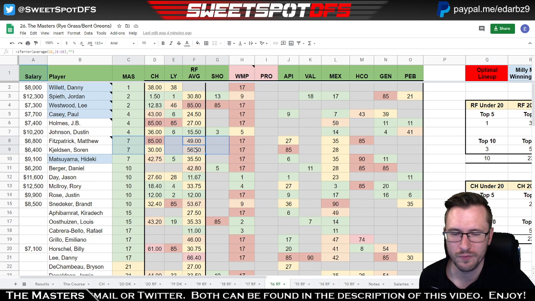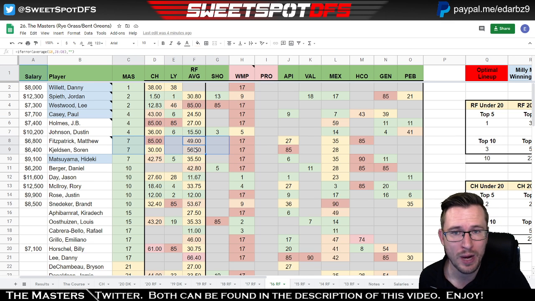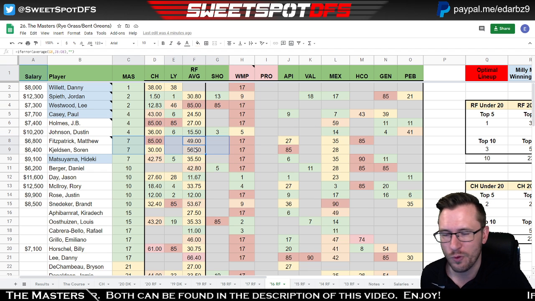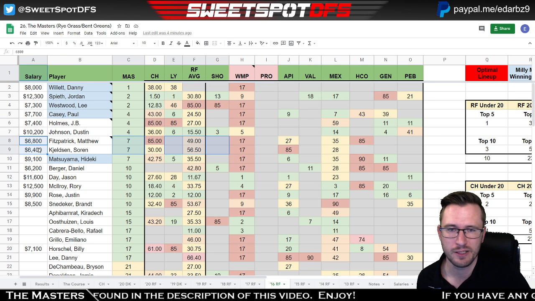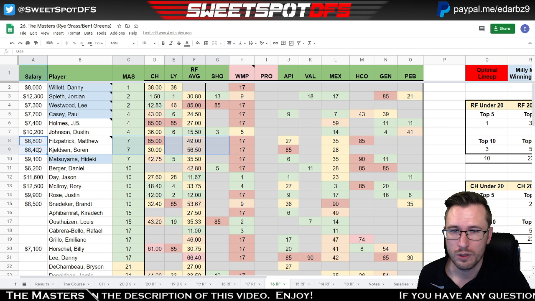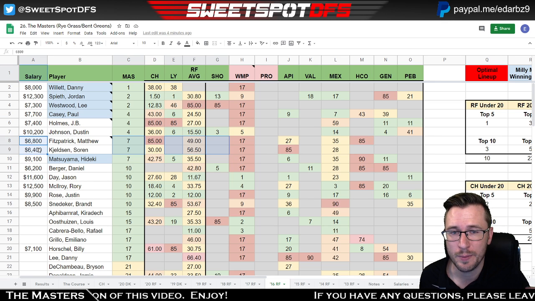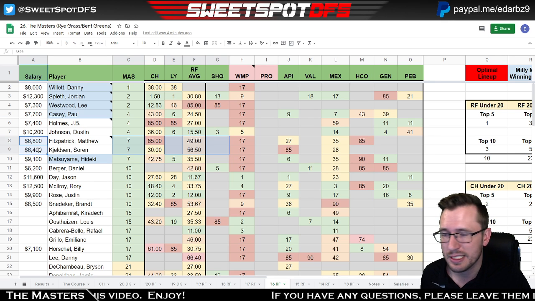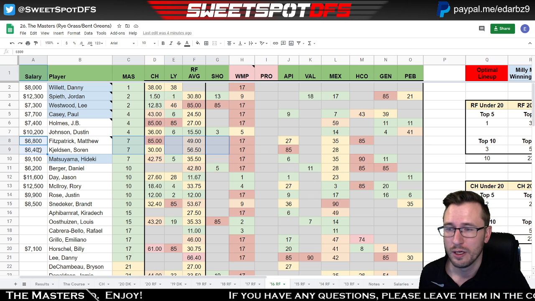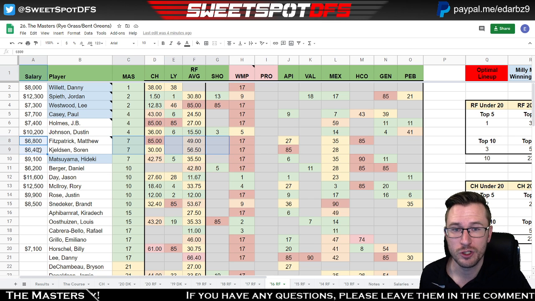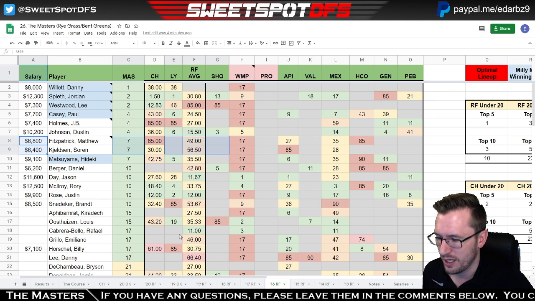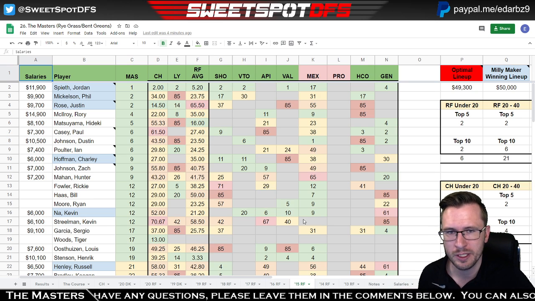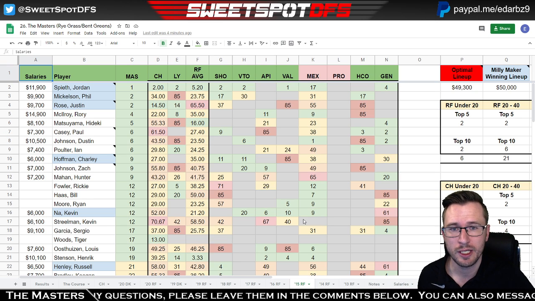Kjeldsen went 40 or 56.50, but my ranges are always by 20s. 40 to 60 would be the range that these guys fall in. 68 and 64. So again, Brooks Koepka at 95, Cameron Smith at 69, Thomas Pieters at 77. These guys 68 and 64, all again with recent form averages in the 40s. So if you're following along and you keep it in your mind, you can certainly